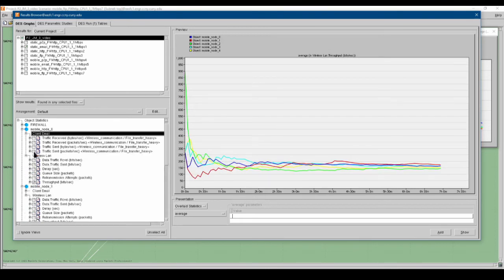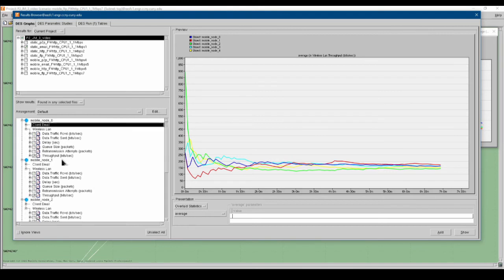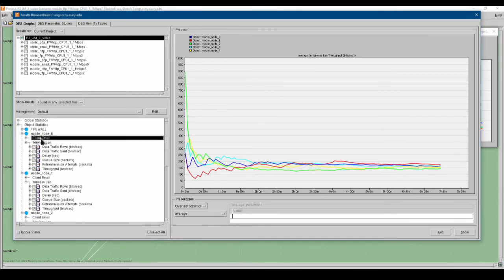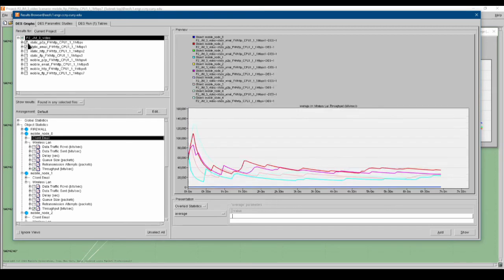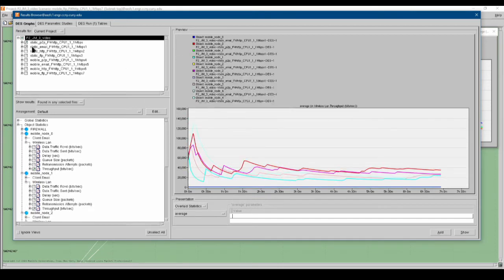Actually, the way to do this properly is... No, I want to look at throughput here. Okay. The way to do this is I can select the first scenario and then unselect the second one, and it'll bring me back to the first graph. So then select the second,